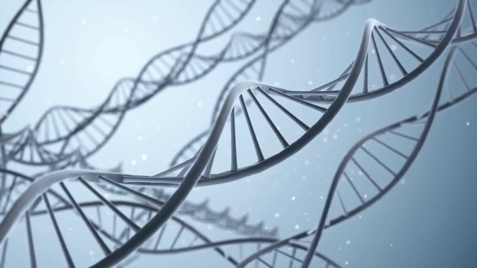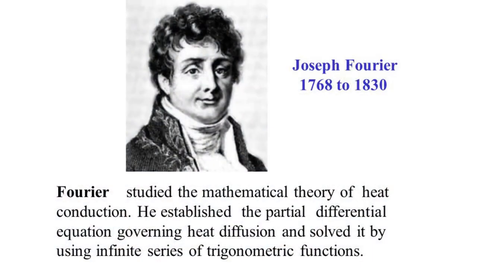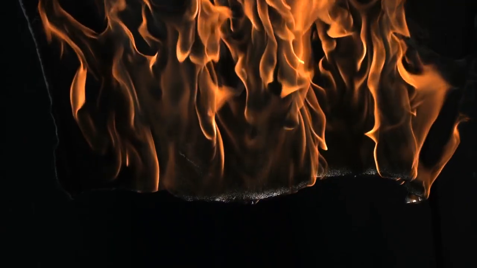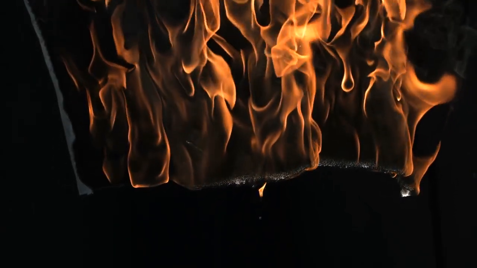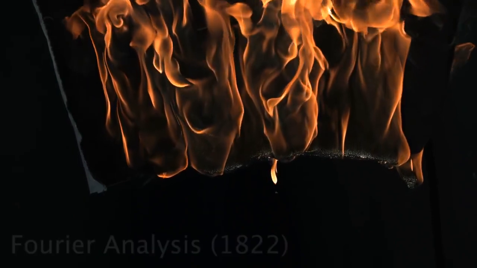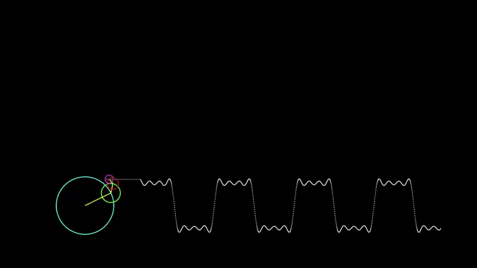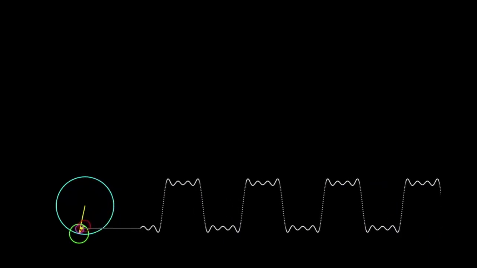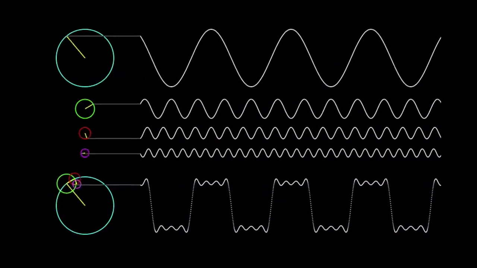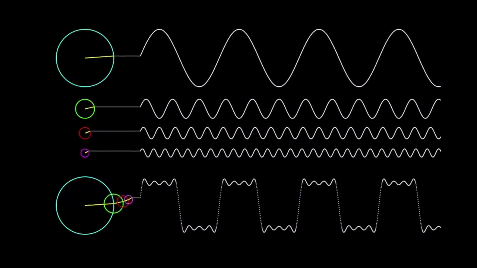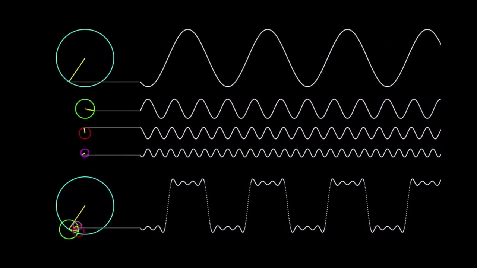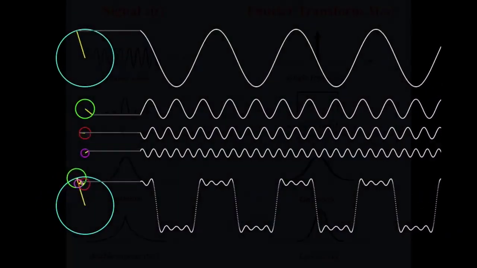Next up, in 1822, Joseph Fourier published a paper on heat flow, and while working on that, he made a discovery that would go on to have a wide range of applications. This discovery we now call the Fourier transform. He determined that any function, no matter how weird it looked, could be broken up into just a sum of sine and cosine functions. As in, if you just take a bunch of these sine and cosine functions and pick just the right frequencies and amplitudes, you could add them up to make any function you wanted.